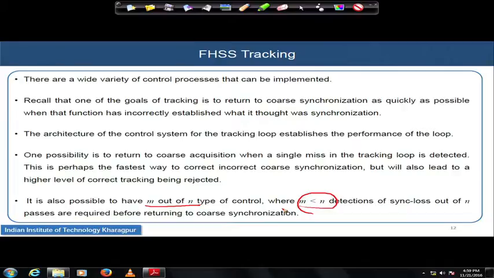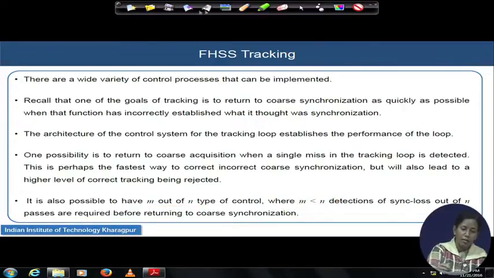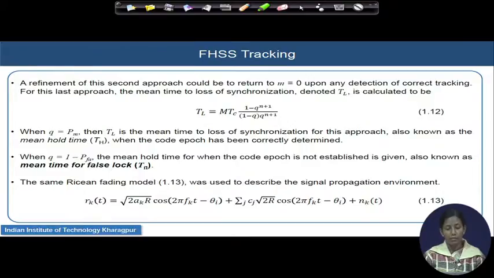So, without seeing actually one time loss, sync loss, we should not go back. So, this kind of logic is developed inside the FHSS tracking mechanism to detect whether we should go back to the code acquisition or not. And refinement also is possible. I mean, how to detect actually whether m is less than n, whether we will go back